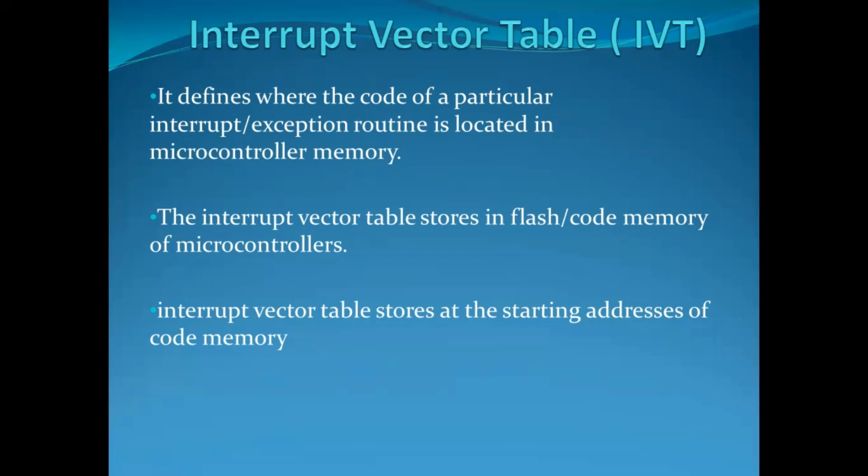But the question is how the processor determines where the ISR is located in the code memory for a specific interrupt. The question is simple. The microcontroller makes use of the interrupt vector table to find the starting address of the ISR, that is, the interrupt service routine. The interrupt vector table consists of the addresses, the function pointers, of the interrupt service routines, that is the ISRs,